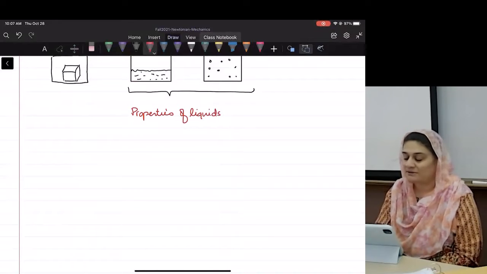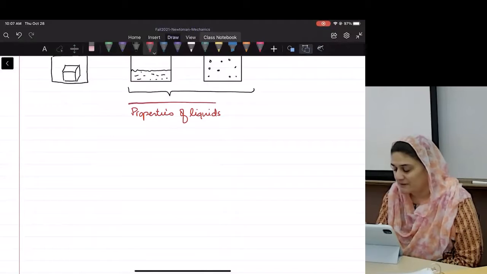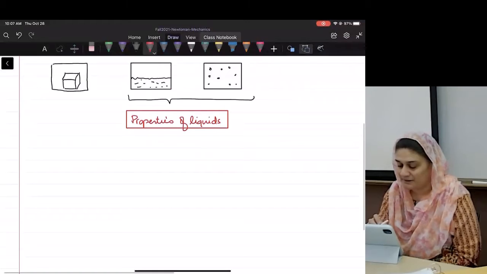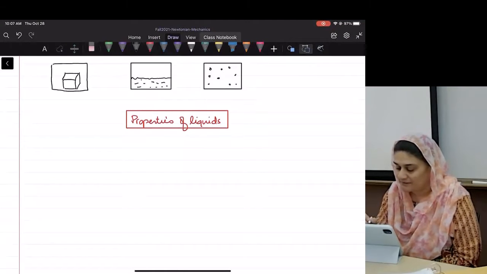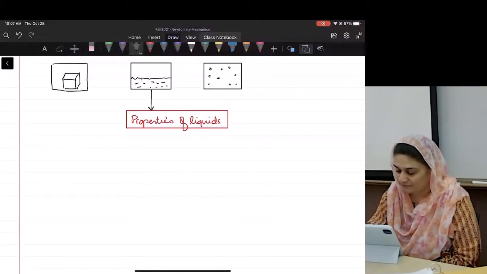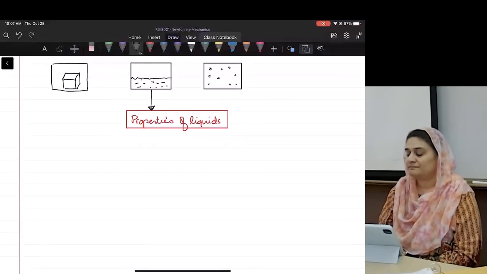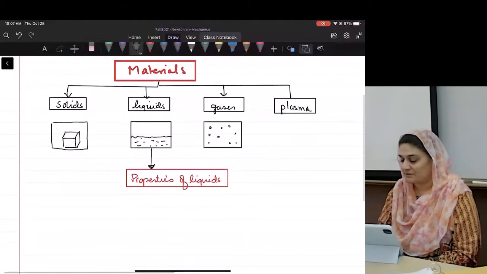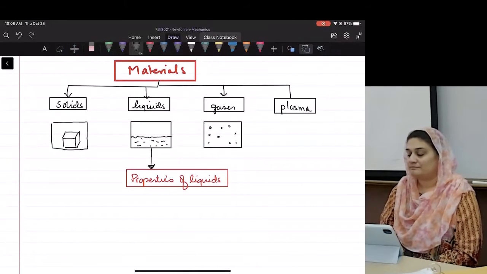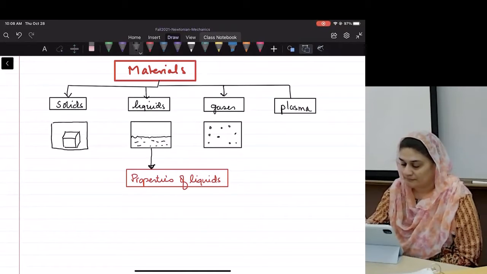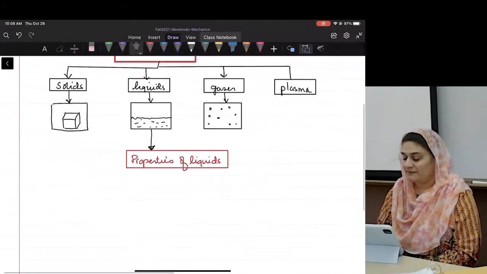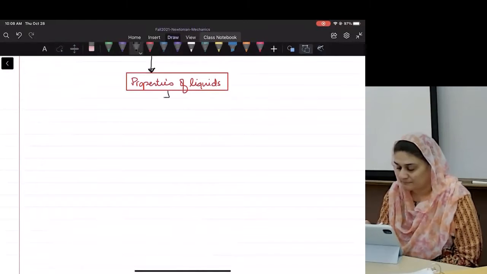Let's first talk about properties of liquids, and then we can come back and talk about the properties of gases. So the main properties when I think about liquids are